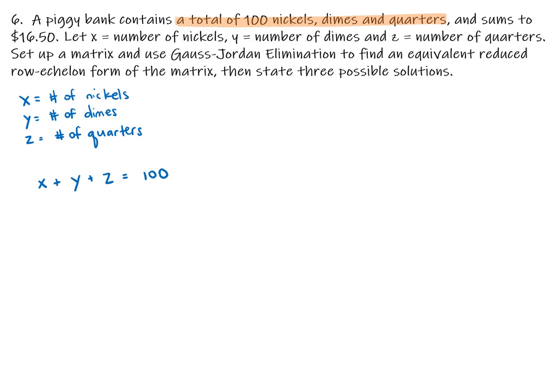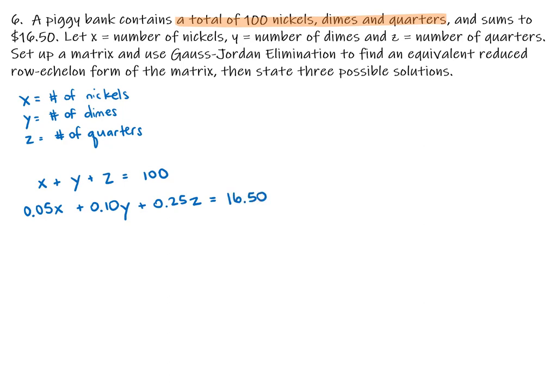We also should be familiar enough with nickels, dimes, and quarters to know how much their value is. So a nickel is worth 5 cents times the number of nickels that we have. A dime is worth 10 cents times the number of dimes that we have. And a quarter is worth 25 cents times the number of quarters that we have. And if we add up their values, then we're going to end up with